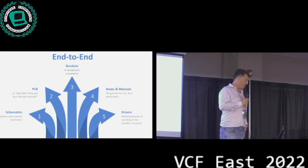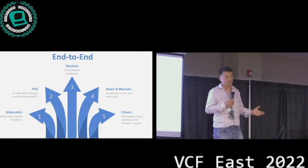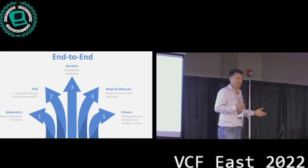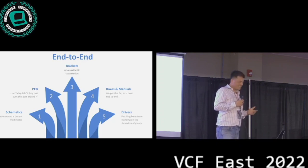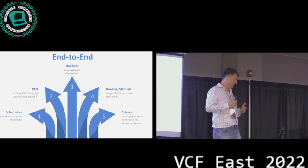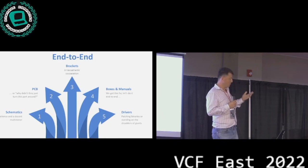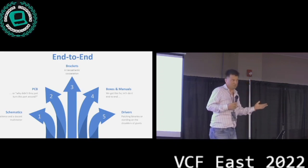One thing that came to be as the project moved along: we started looking at this and we're like, hey, we've got to build a SCSI controller, right? What is the first thing you think of? It's like, let's build a PCB. There's lots of PCB projects out there, especially during a pandemic, this has exploded, right? Now, the next thing though is, oh wait, this thing has a custom bracket. And then there's maybe also other stuff, like when you used to buy the product 20, 30 years ago,